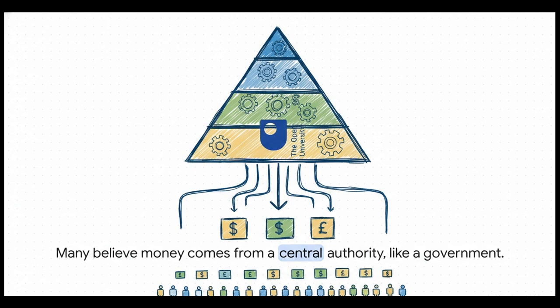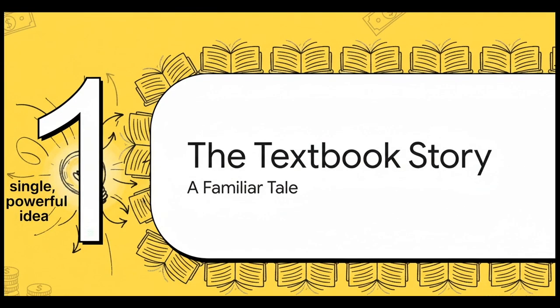The picture most of us have in our heads is that some central authority, like the Federal Reserve here in the States or the Bank of England, is in charge of the whole show. They create the money and the rest of us just use it. It's a really clean, simple, top-down view. And honestly, for a long, long time, that's more or less what the economics textbooks taught. And that brings us to the first thing we've got to unpack, the traditional theory.